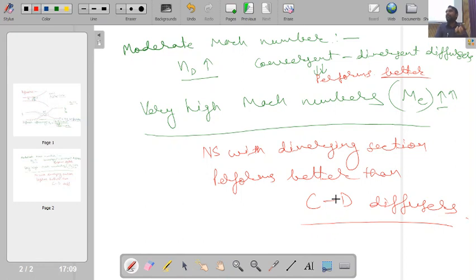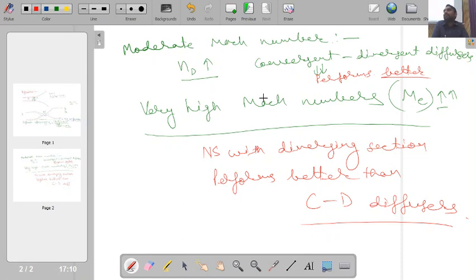In real scenarios, the viscosity of the fluids comes into the picture. So particularly at very high velocities, viscous effects become dominant. This is the reason that the normal shock wave type of diffuser section works better in comparison to a convergent divergent diffuser section, which has a weak normal shock wave